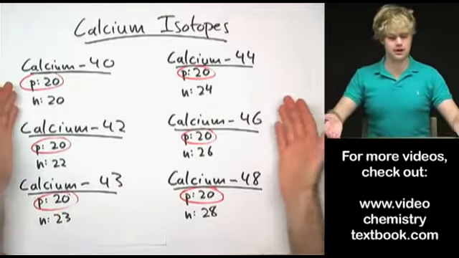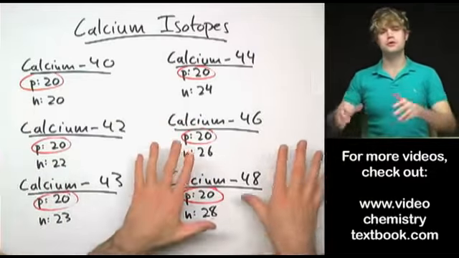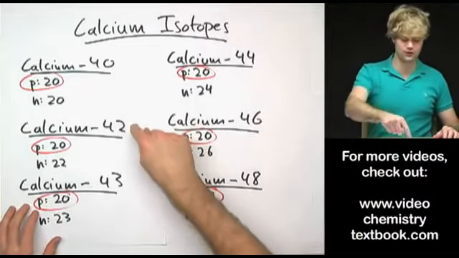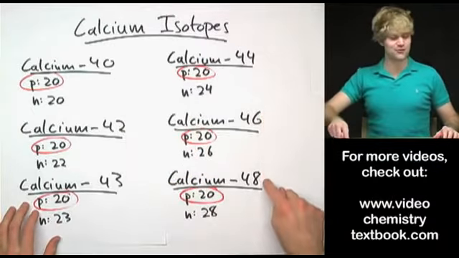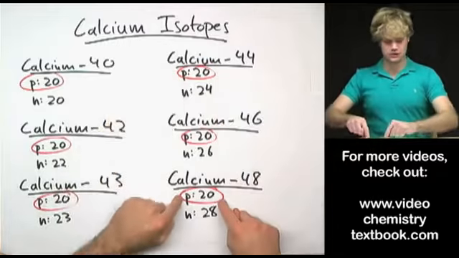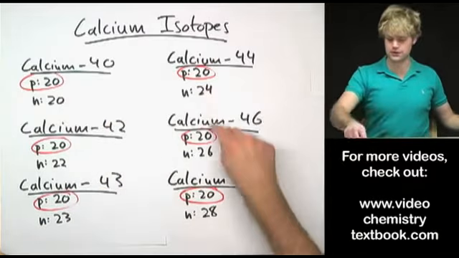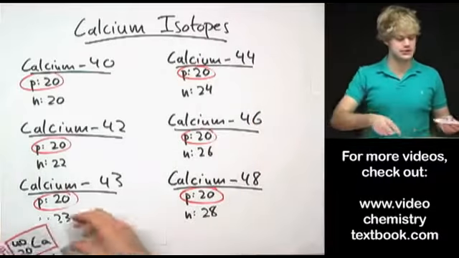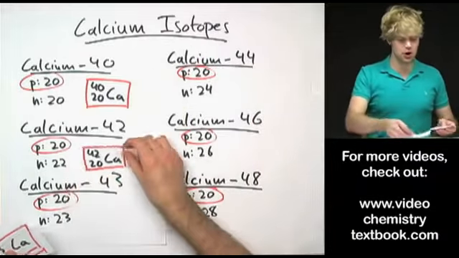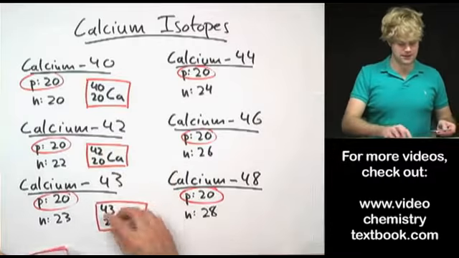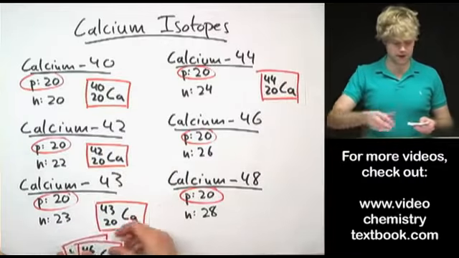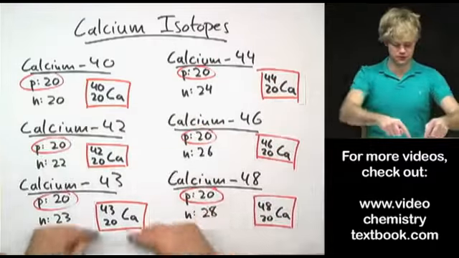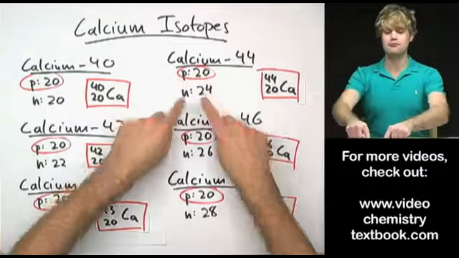But just like with carbon, you can vary the number of neutrons that are in the nucleus. You get all these different isotopes, but you still have calcium. Calcium, we've got 40, 42, 43, 44, 46, 48. All of them have 20 protons in the nucleus, but they have varying numbers of neutrons. Just like we did with carbon, we can write all of these calcium isotopes in isotope notation, where we have the mass number here up at the top, and the atomic number down at the bottom. You'll see they all have the same atomic number of 20, but different mass numbers, the sum of protons and